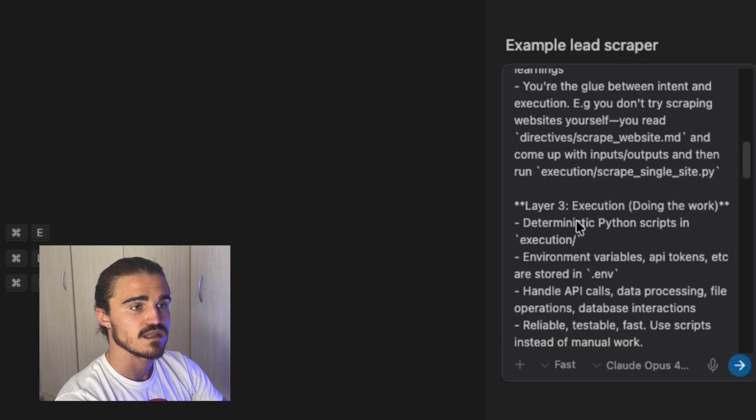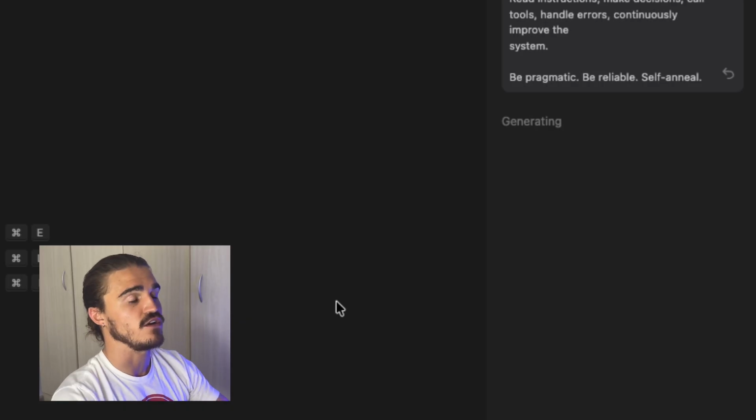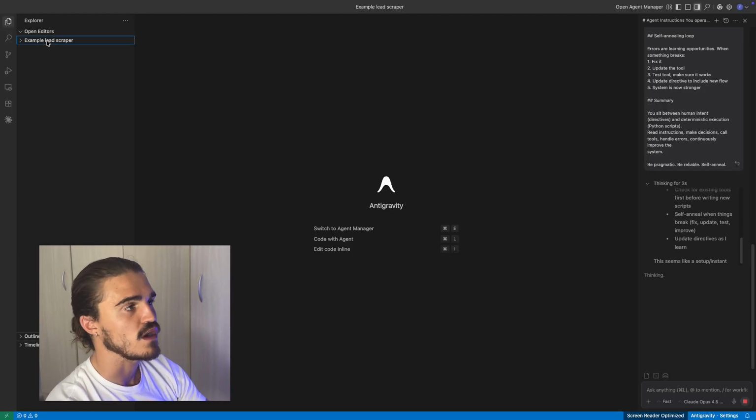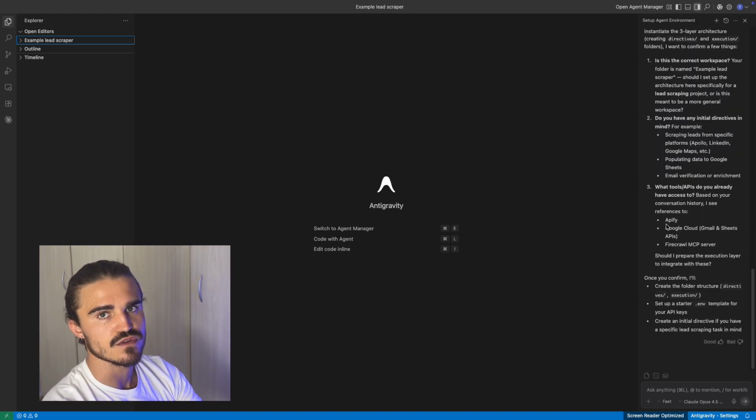All right, then once that's done, we're gonna run this, and this is basically gonna set up the entire workspace. Right, this is running code. You'll notice that this does all the heavy lifting for you. It's actually quite crazy. So the model just asked me a few questions about if I want to use third-party tools, which you should always use. You should always use third-party tools. What I mean by that